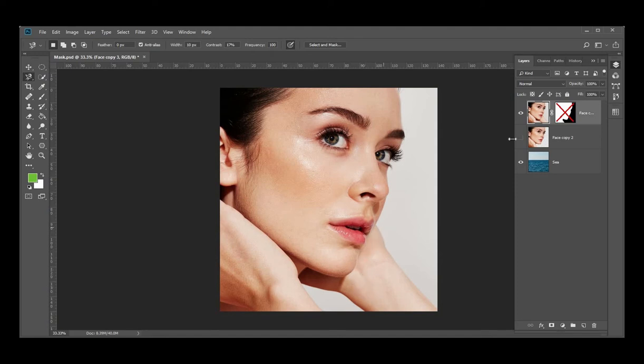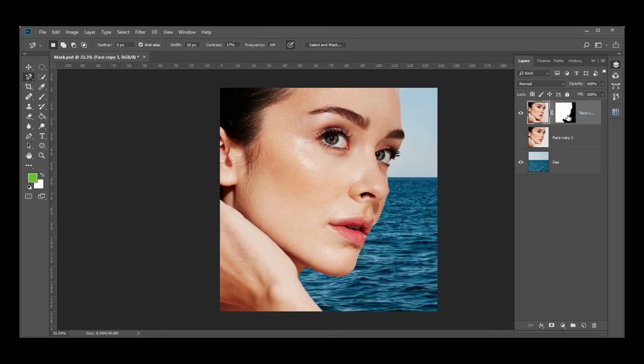So how can I restore it? I just activate this layer mask and make this part white so that this part of the pixels on this image become visible. So I just take a brush and start painting with white color on my mask, and wherever I paint, the pixels become visible again. Okay? Or what I can do, I can